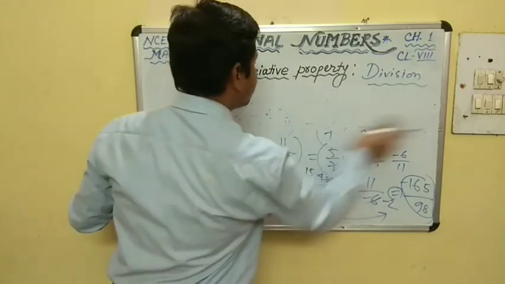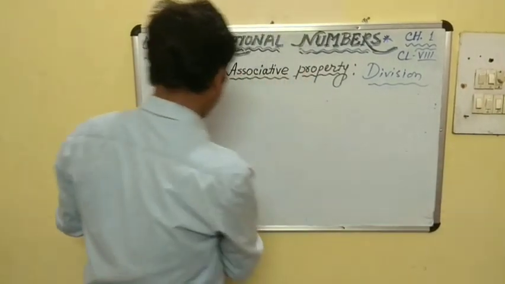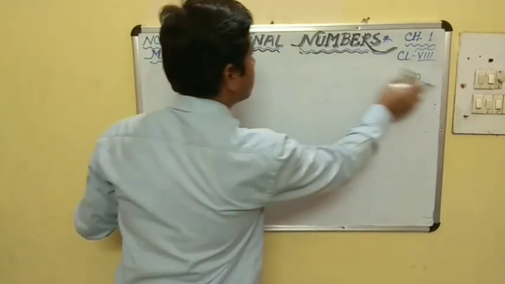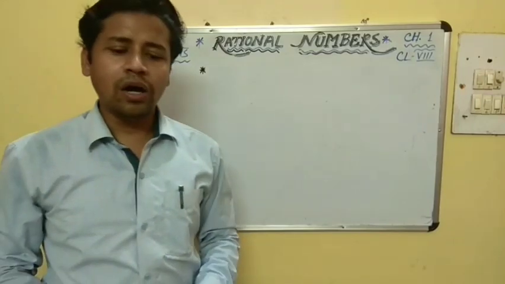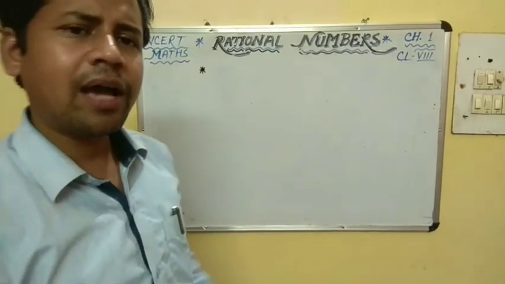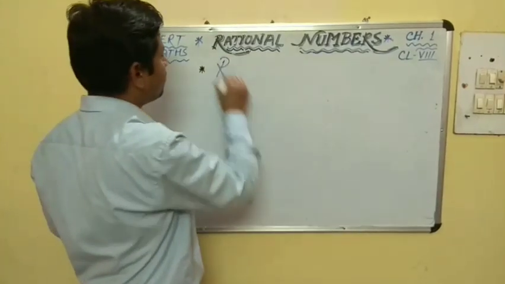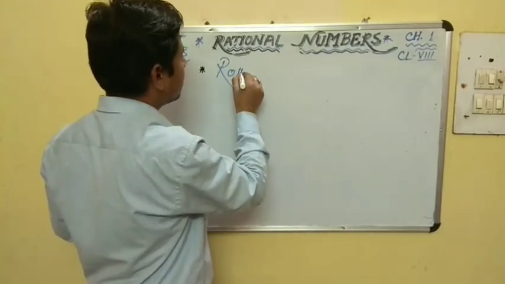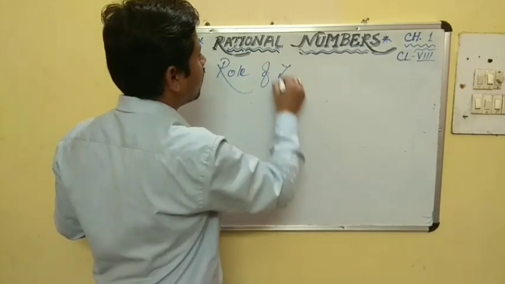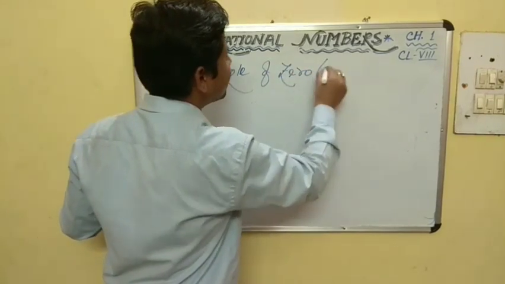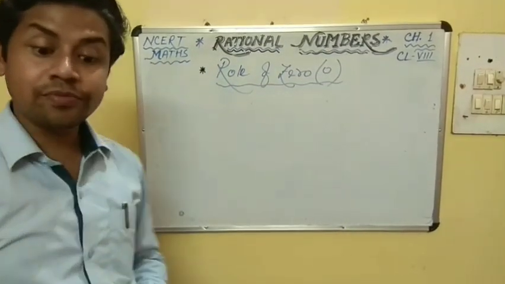So after these few terms, we have to know the role of 1 and the role of 0. First of all, I am saying the role of 0. What is the role of 0 here? In case of rational numbers,